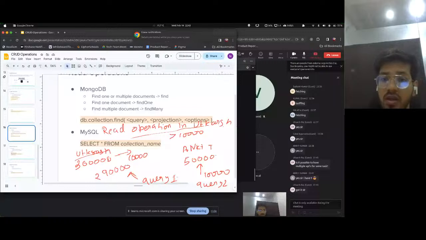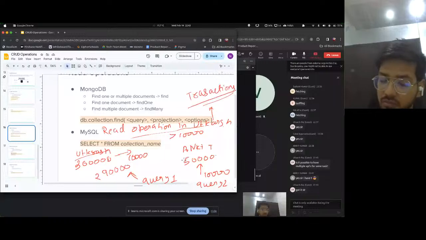So for that we have something called transactions in MongoDB. एक ट्रांजैक्शंस का भी कंसेप्ट होता है MongoDB के अंदर, similarly MySQL में भी ट्रांजैक्शन होते हैं। आई एम जस्ट गिविंग अ केस, एक यूजर केस बताता हूं। लेट्स सपोज उत्कर्ष के अकाउंट में से 10,000 रुपए कट गए, 10,000 rupees are deducted from Utkarsh's account, and when we are performing this query, when we are adding 10,000 rupees in अंकित के अकाउंट, सर्वर डाउन हो गया, बैंक का सर्वर डाउन हो गया।